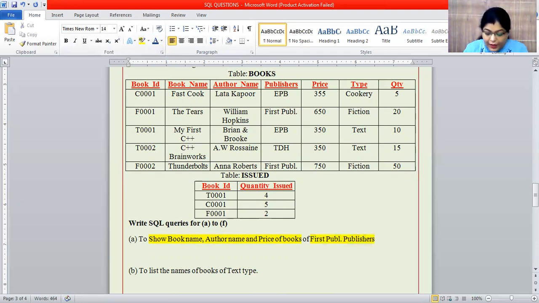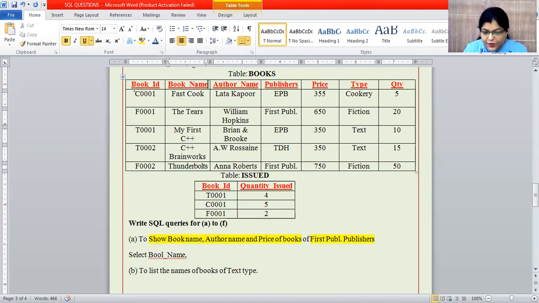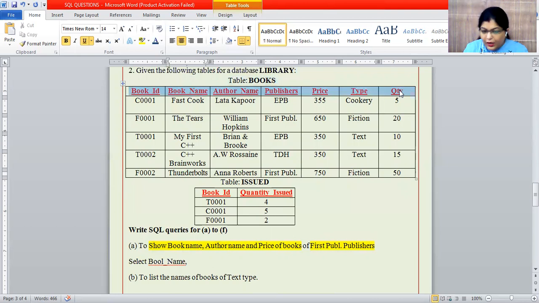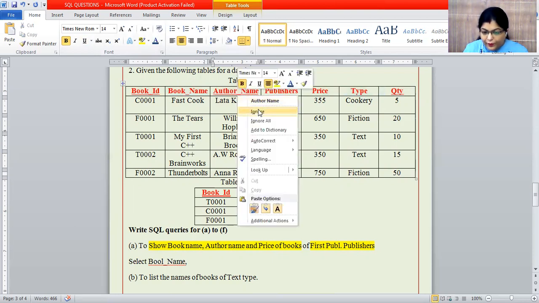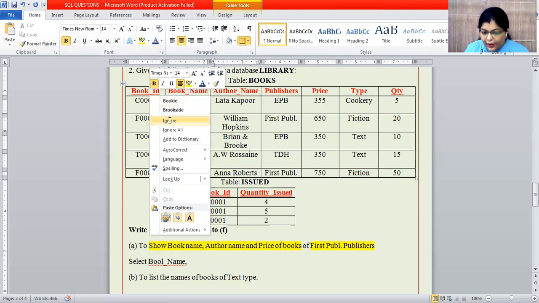So what will the command be? Select book underscore name, author underscore name, and book price.